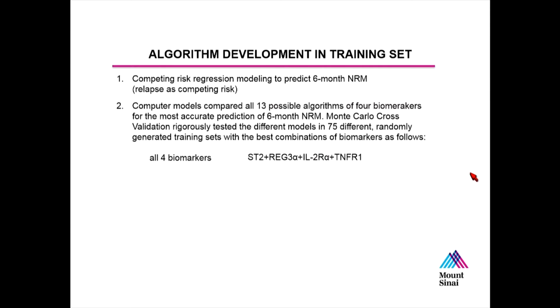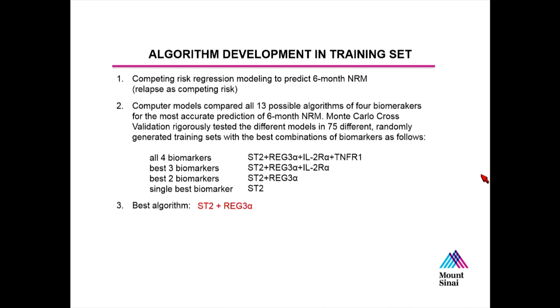So there was one combination with all 4. The best combination of all 3 biomarkers was ST2, REG3 alpha, and IL-2 receptor alpha. The best combination of 2 biomarkers was ST2 and REG3. The single best biomarker was ST2. The best algorithm, which identified most accurately the largest number of high-risk patients, was the 2 biomarker combination of ST2 and REG3 alpha. So the final algorithm generates an estimated probability of non-relapse mortality for an individual patient,